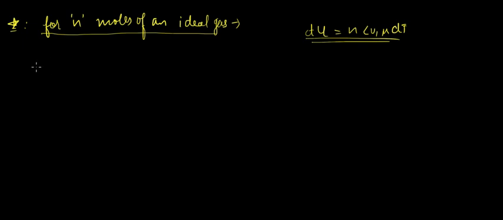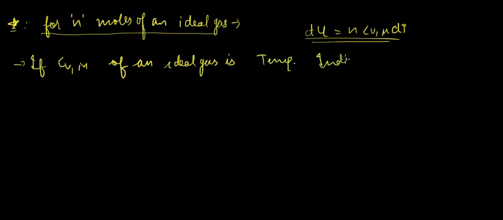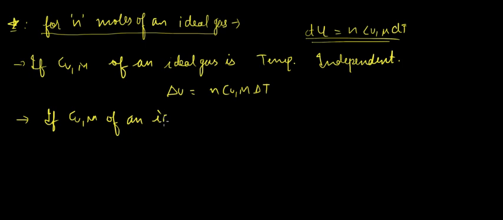Okay, and let's say now if Cv,m of an ideal gas is temperature independent, then we can write that delta U would be equal to n Cv,m delta T. But in another case, if Cv,m of an ideal gas is temperature dependent,